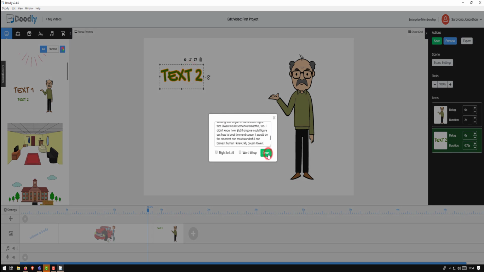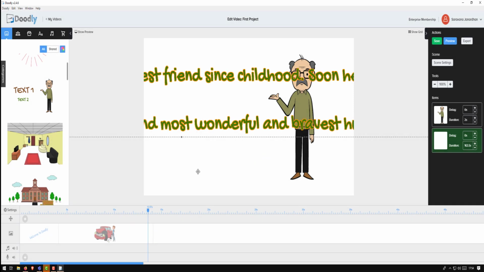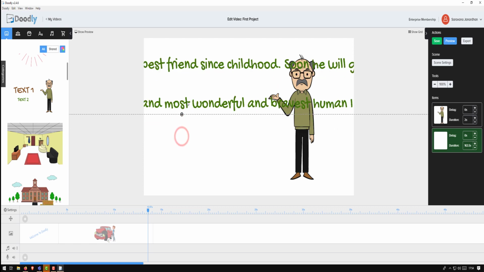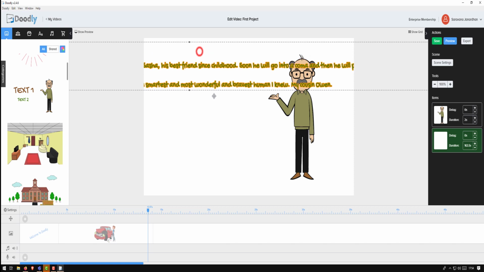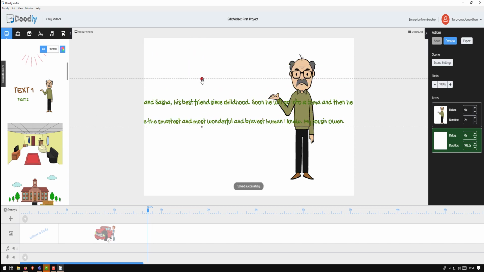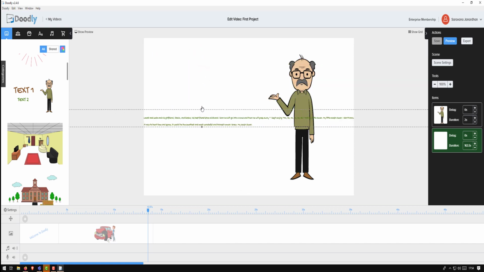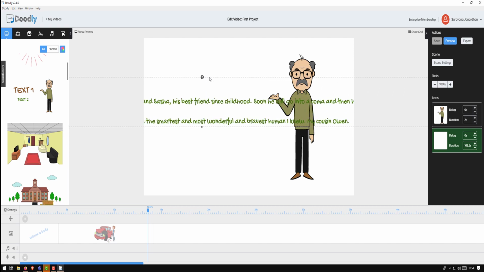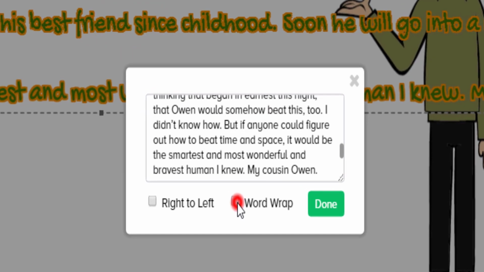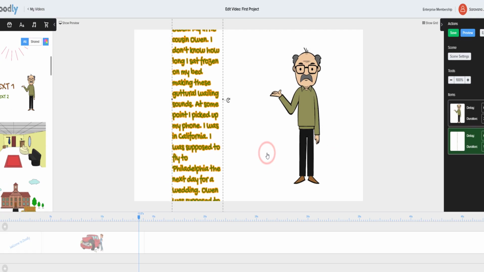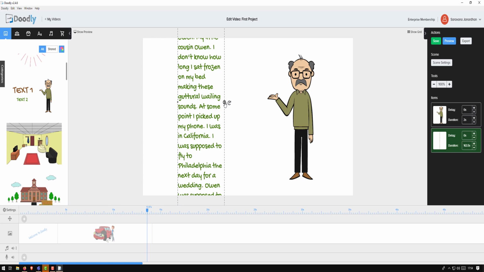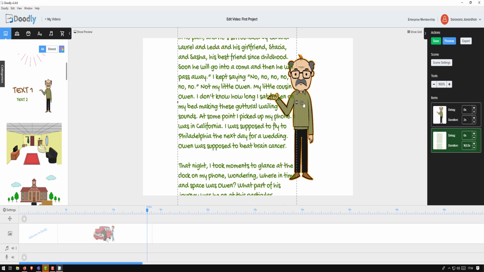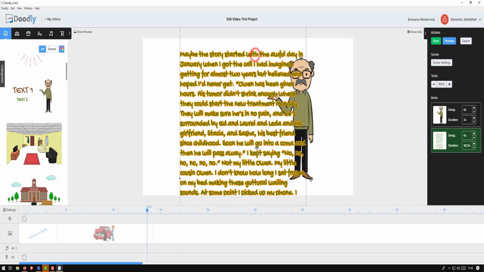So if you see, what happens is, since the text is so long, it pretty much went out of my window. To fix that problem, one is you can start reducing the size, so everything will try to fit in, but then the text becomes so tiny it's hardly readable. So what you can do is double click and select the word wrap. When you do that, it automatically moves the text to the next line. Now you have more flexibility in